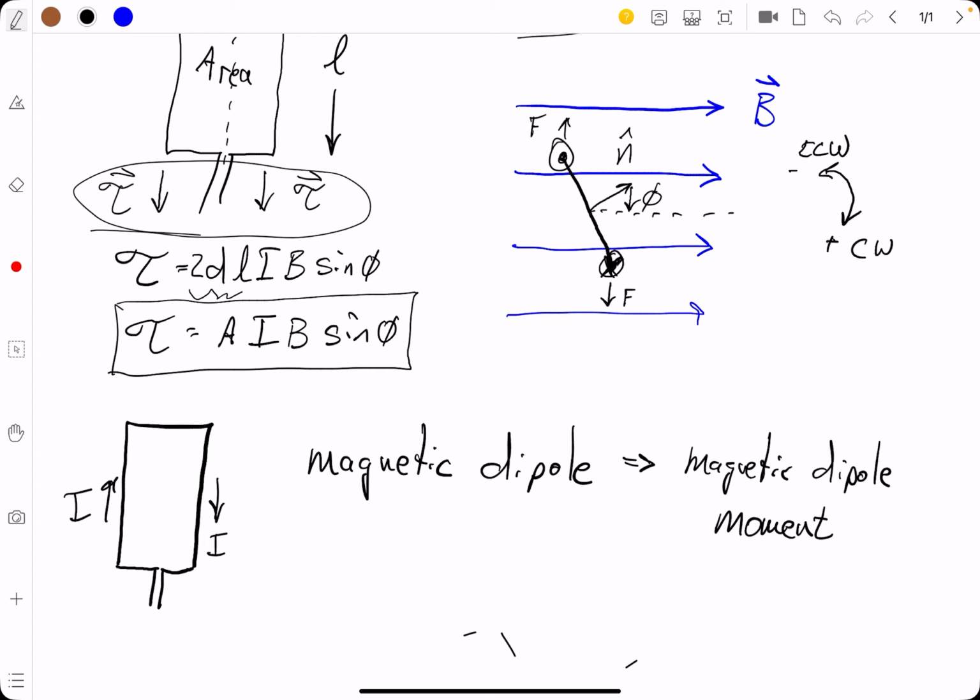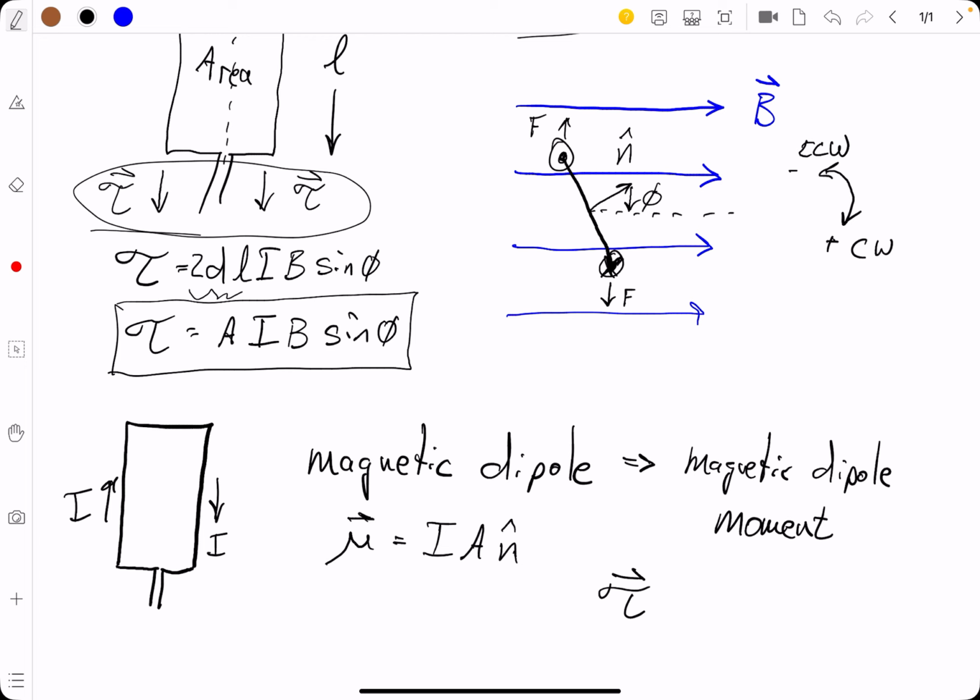So we say, all right, mu is the magnetic dipole moment. That mu is defined to be the current times A in the n hat direction. Okay? So if that's the case, then we easily can substitute in I A n hat,